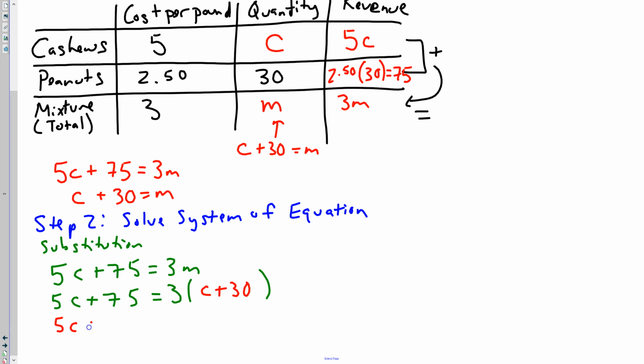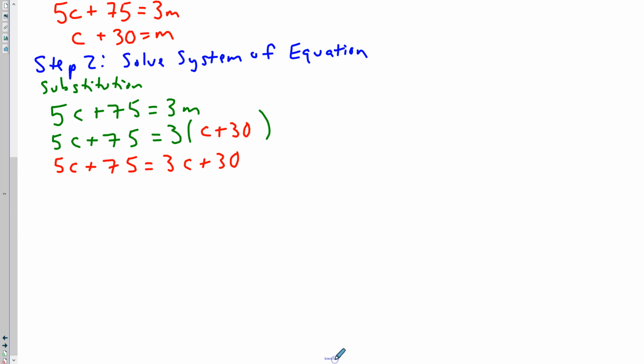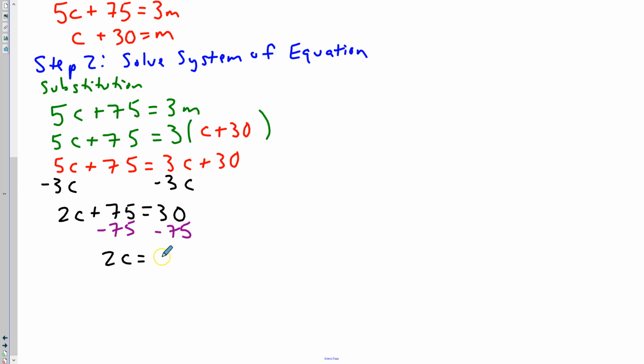So 5C plus 75 would equal, we distribute our 3C plus 30. I need to isolate my variable C, so I can subtract the 3C to get 2C plus 75 equals 30. Subtract the 75 and get that 2C equals,